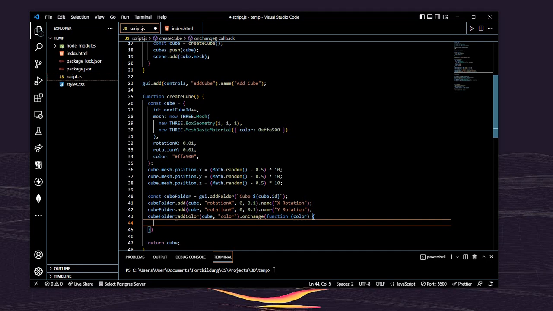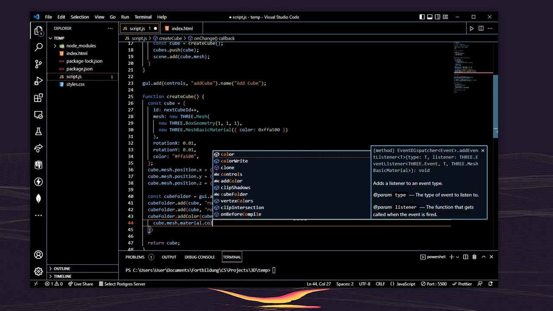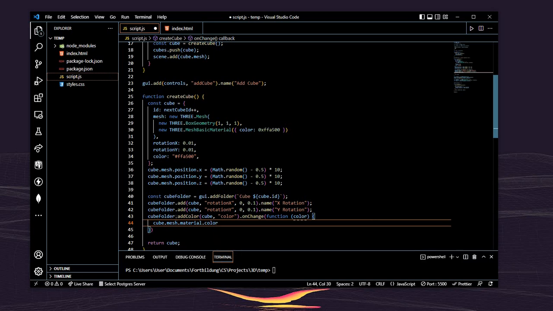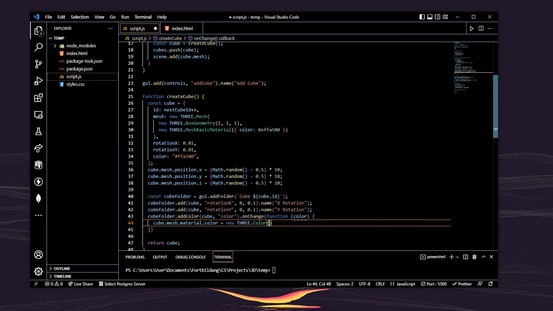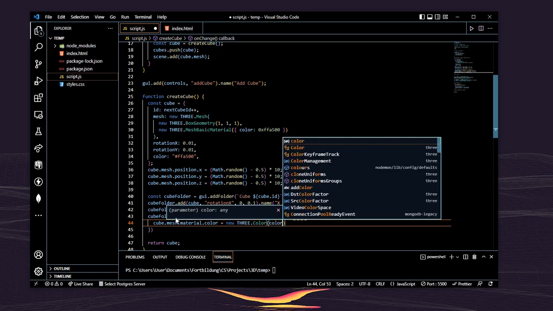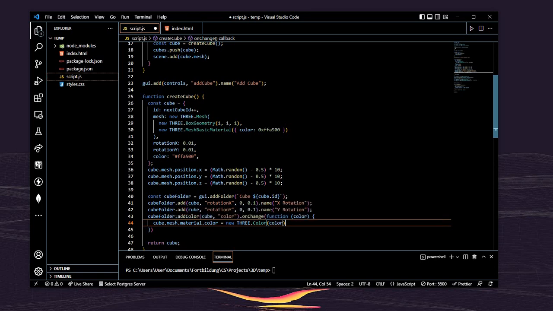Good. So in the function, we're going to say cube.mesh.material.color, because of course we're doing nothing if not modifying the color property of the material. That's what we're dealing with. A mesh is a combination of geometry and material, and our cube is just a mesh. Right, so new THREE.Color, not the property but the constructor instance, and here we just provide color. Okay,